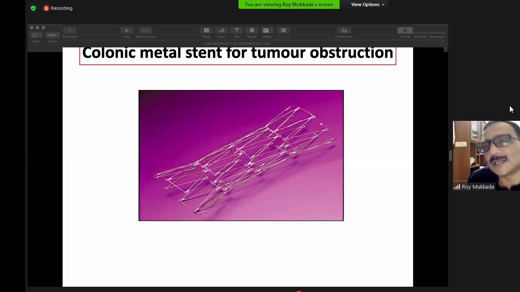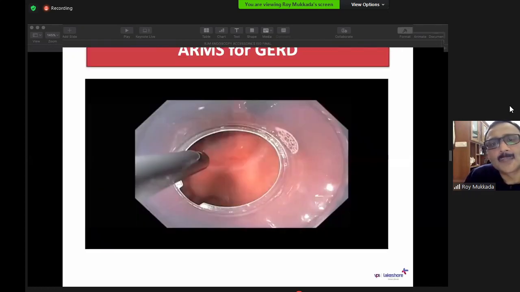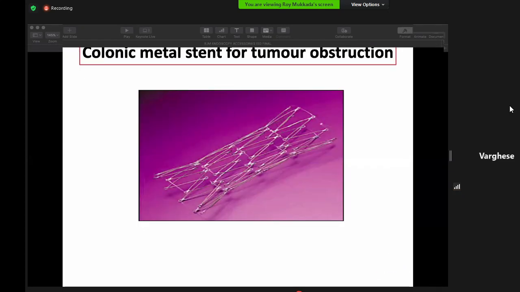Usually, where do you put this? Sir, usually rectosigmoid or sigmoid. Usually in the sigmoid, rectosigmoid and left colon basically. We don't usually go above that because it is a little difficult. That is the reason. But we have put them like that also. But usually it is in the left colon. Right. Okay, thank you, Dr.